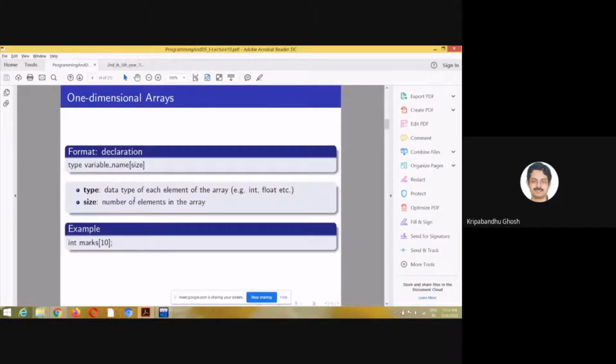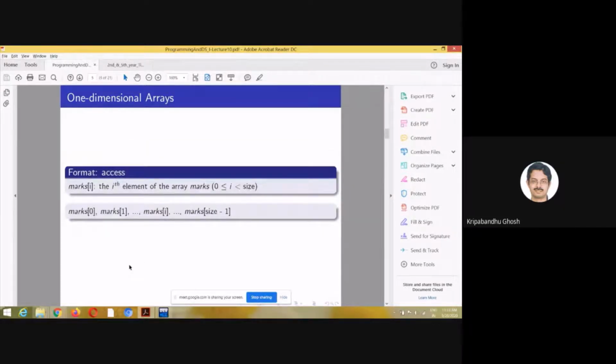Okay, so the formal format is like this. There will be a variable name, like say marks. There will be the size of the array, that is the number of elements in the array, and the type is the data type. So int marks[10] means integer array marks of size 10. So there can be a maximum of 10 elements with the indices 0 to 9.